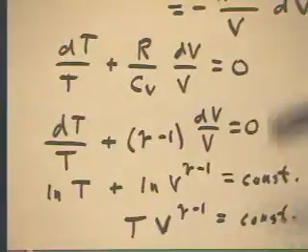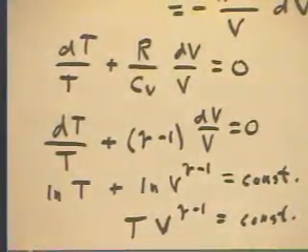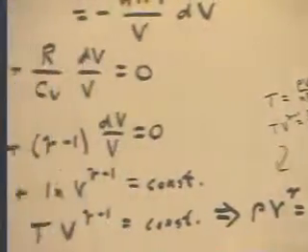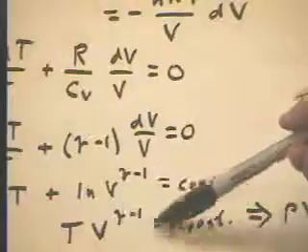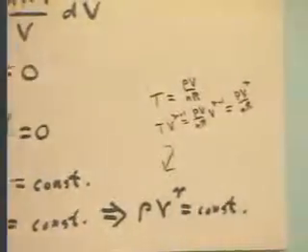And the constant has to be positive, since we had to exponentiate both sides to get this. But you can work through the details of the algebra. It's not particularly difficult. And this, of course, tells us, well, okay, if TV to the gamma minus 1 is constant, let's note the fact